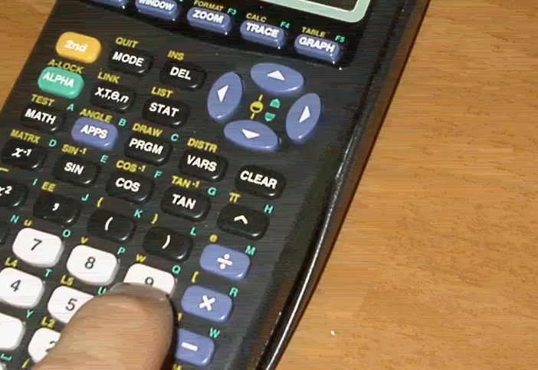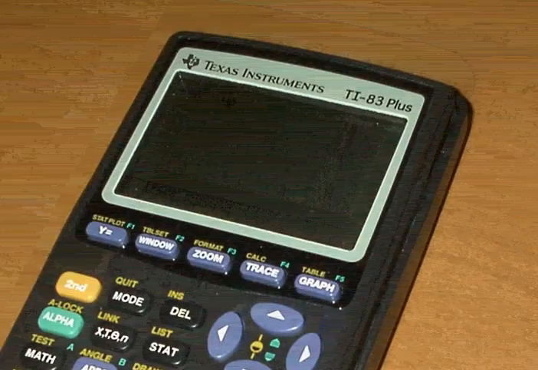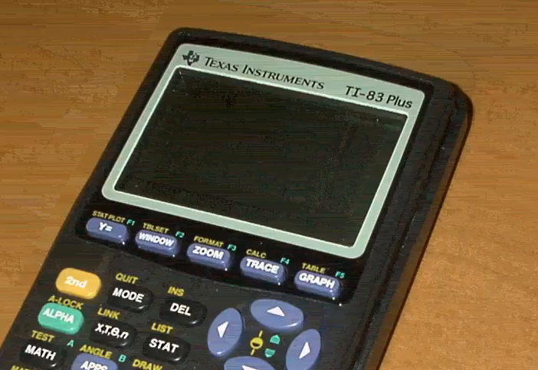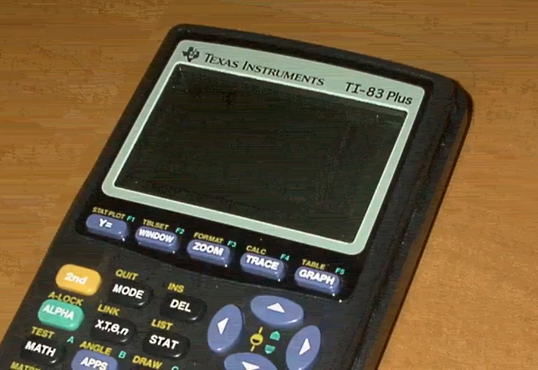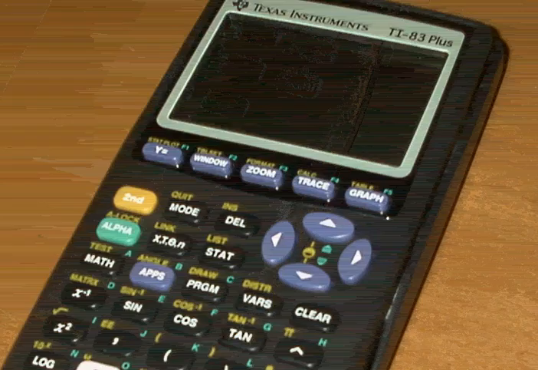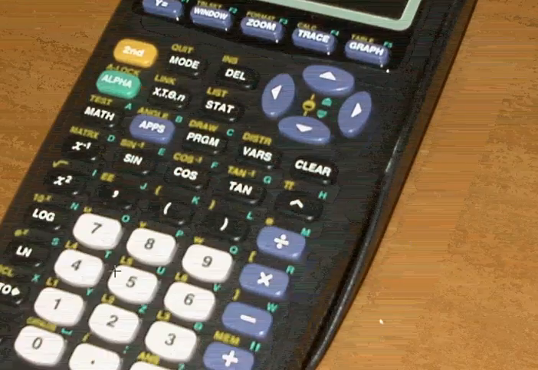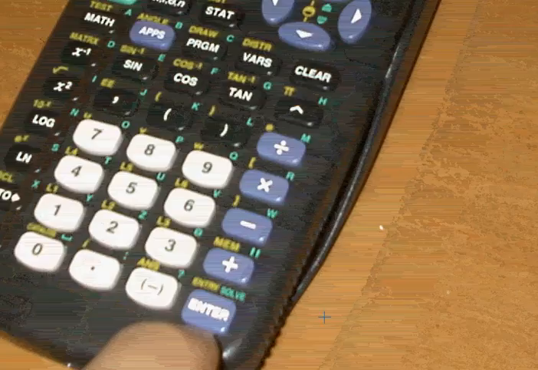Next, type in your exponent. In this case, we want our exponent to be 9, and so on the screen you should have 4 to the power of 9: 4, a chevron mark, and 9. That tells the calculator that you're doing 4 raised to the power of 9. Then you're ready to make the calculator solve for that exponential relationship, so you hit the enter key and you go up and you see right here, here's the answer, 262,144. So to solve an exponential type problem on the graphing calculator, for this one we typed in a 4, then the chevron mark, which is the exponent key, 9, and then we hit enter,